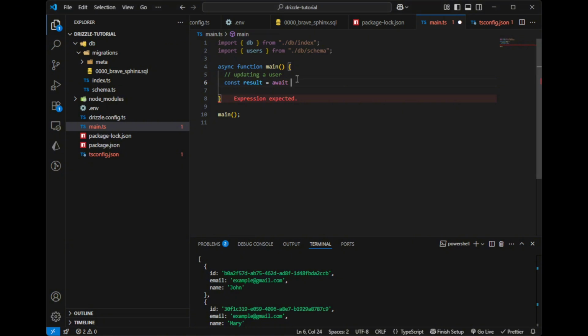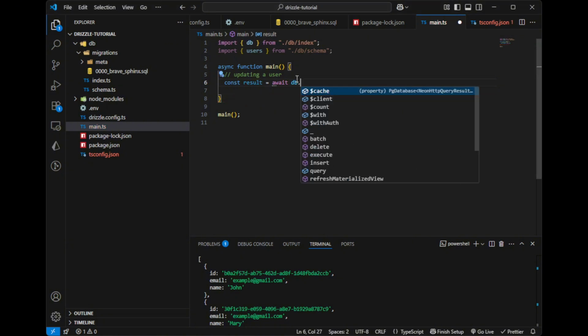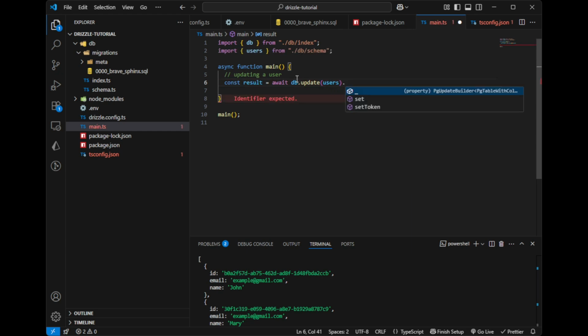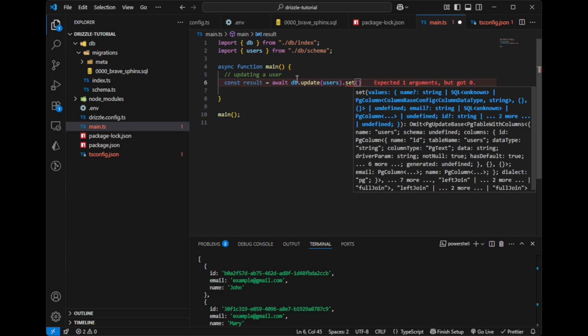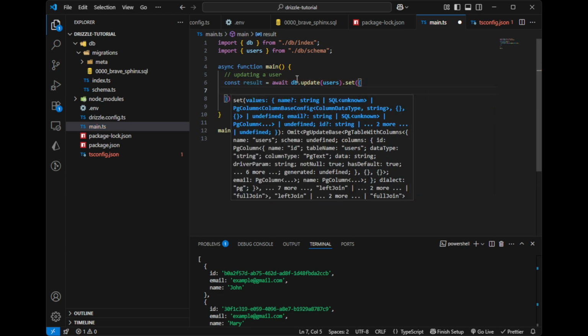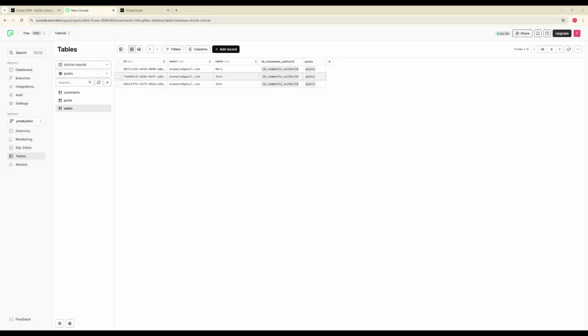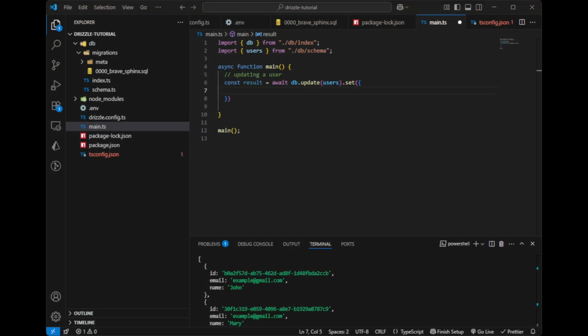Updating is similar to creating. So await db.update(users), and instead of values we do .set, and we indicate the values that we want to change. So let's say I want to change in our database over here, I want to change this user with this ID, John, to maybe another name, maybe Bob. So to do that, we'll go back here, we'll set the name to Bob,